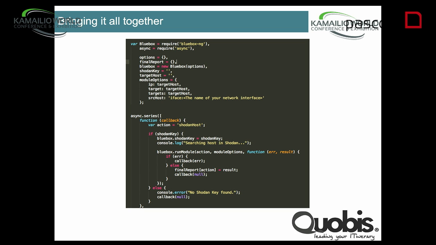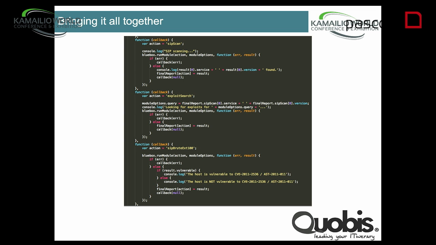First, in this case, we check if we configured the Shodan key. We do the Shodan host request, otherwise we skip this part. Then we issue a SIP scan against our target. From the results of the SIP scan, we do an exploit search to find out the vulnerabilities of that host. And then in this case, we are trying to enumerate the SIP extensions or checking if it's vulnerable to that